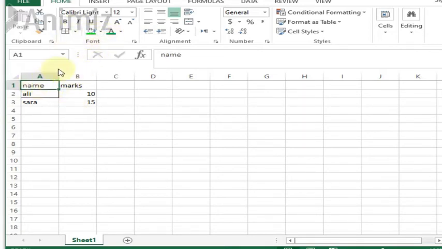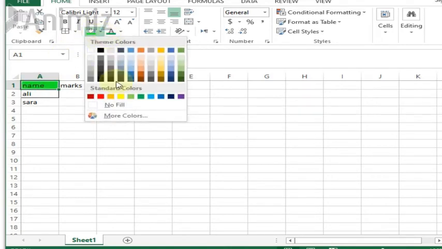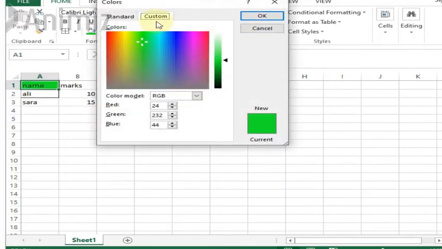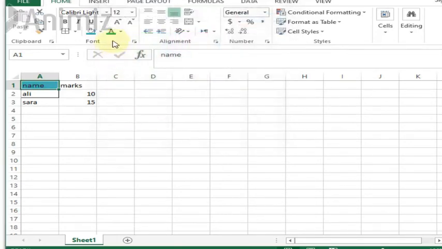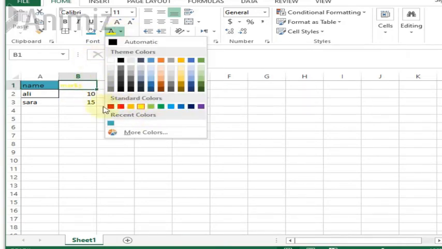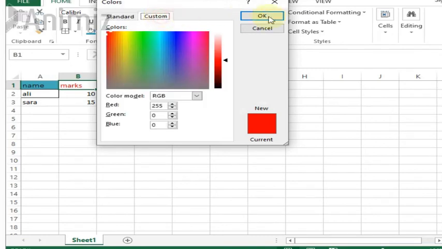If you want to change the cell color, then you're going to go here and click this. There are many different colors available for your cell. For example, if you don't want to choose from here, then you can click more colors, and you can make a customized color from here. You can make your own color as well. Okay, so now if you want to change the color of the text only and not the cell, then you're going to click here. So now if I just choose yellow, it has become yellow. If I want to choose red, it has become red. If you want more colors, then you go to more colors and add a custom color. Okay, it's up to your choice.